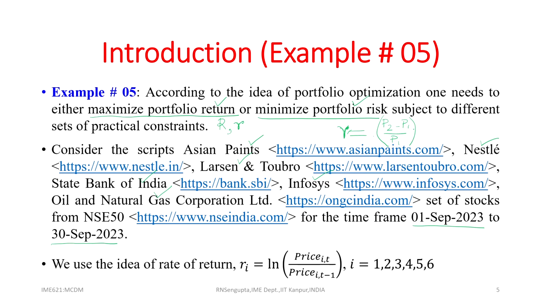Based on the concept of the prices and how the returns are utilized, considering the logarithmic concept, the returns of the stocks are considered as ln of price of day 2 divided by price of day 1. So, basically our rate of return will be the Neperian log, ln of P2 by P1, which you have considered here in the formula. Based on that, for all the 6 stocks which we have, we calculate the returns. The data was for 1 month. I have not noted it down, I have only given the actual result.